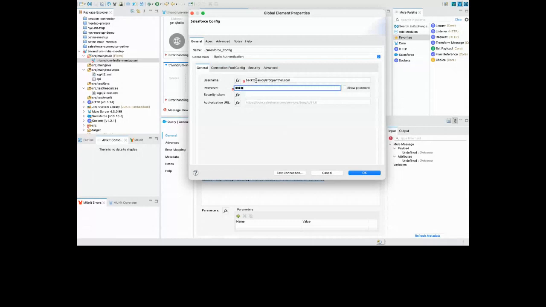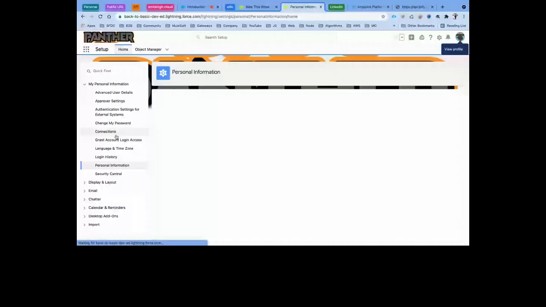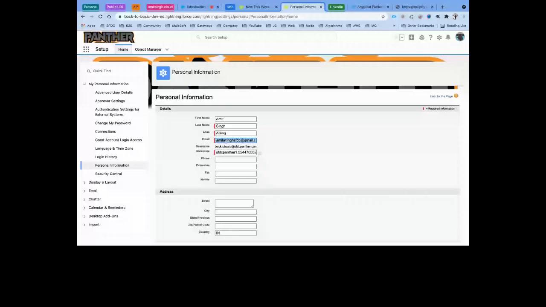There will be one option which says reset my security token. You just need to click on that. Then once you click over here, on the right hand side you will see some information: we will send the security token to this email. So whatever your email will be, for example, my email is this. If I reset my security token, that security token is going to be sent to my email.